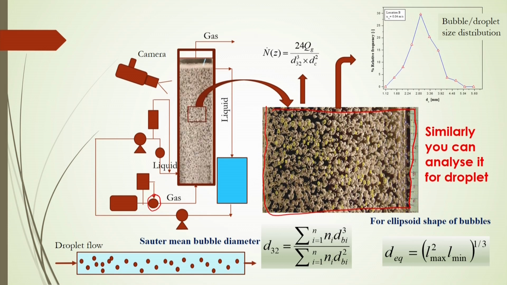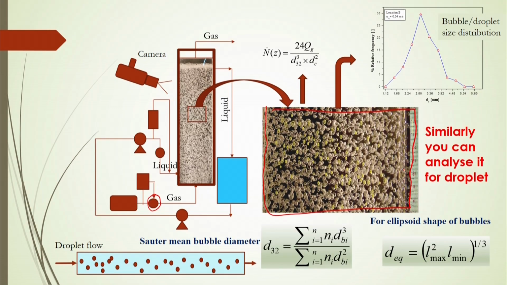Now, after capturing the bubbles with this camera, you have to refine that snapshot with suitable software, maybe image software or maybe Photoshop. You have to refine it, and the contrast and even the color contrast should be matched in such a way that you get finer contrast of the bubbles, and the interfaces of the bubbles will be more visible.